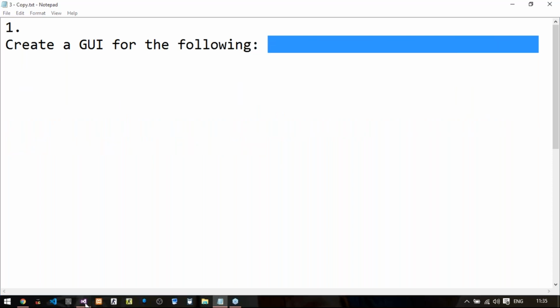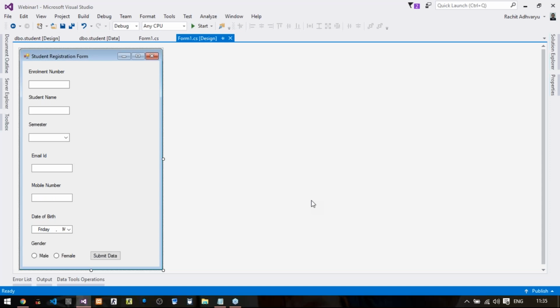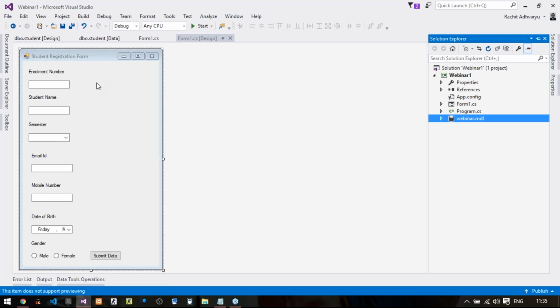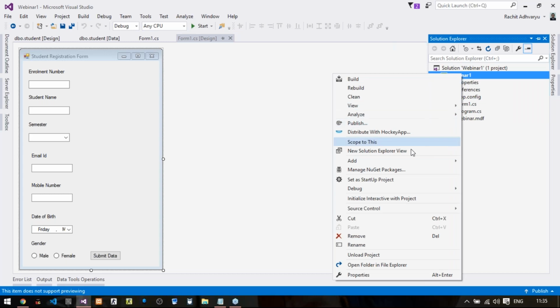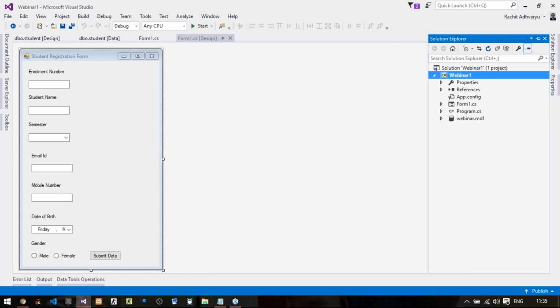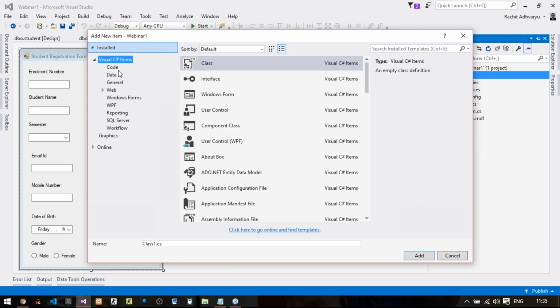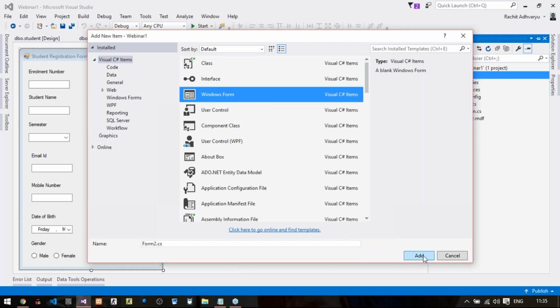We go to Solution Explorer, right click on your project name, add new item, and we select a Windows form. Let us say its name is form2.cs. Click on OK. So you got the form 2.